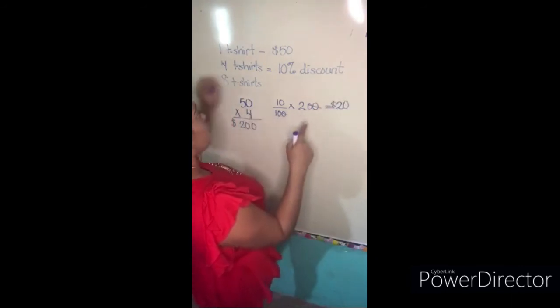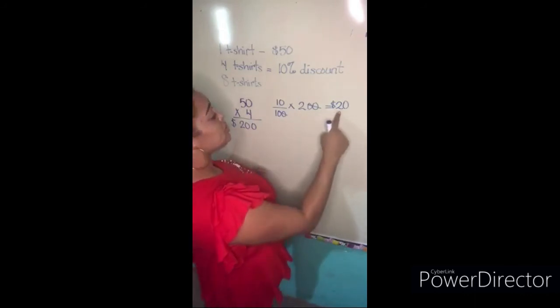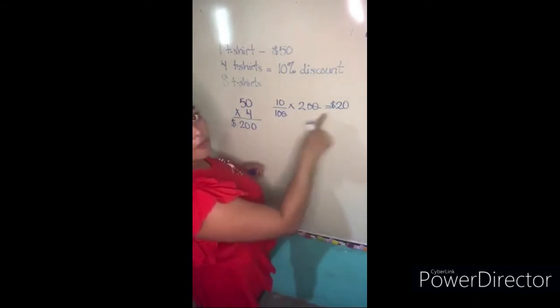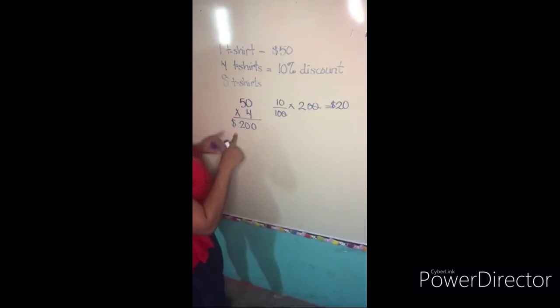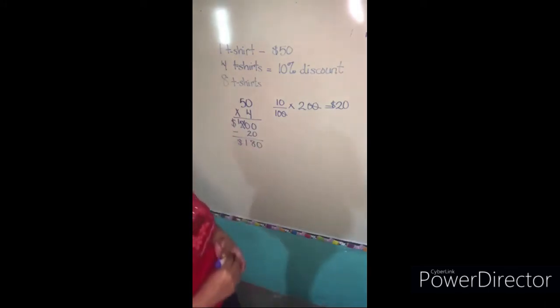So if you buy 4 shirts, you save $20. So now we need to subtract this $20 from this 200 down here to find out how much for 4 shirts. 0 minus 0. We need to borrow because 0 can't take away 2. We're left with 1 here. We'll put the 1 here. 10 minus 2, 8. Bring down the 1. So for 4 shirts, we would pay $180,